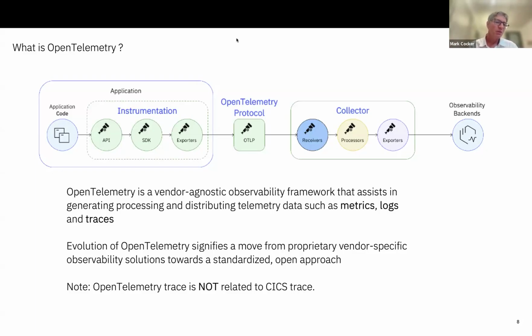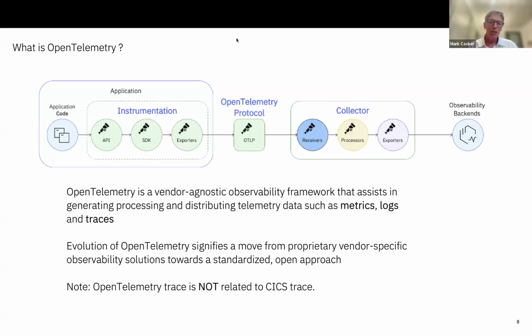Another approach is to use the OpenTelemetry framework, which is, as it says, vendor agnostic. This is where a group of people have come together as an open source initiative. They've got implementations that you can use out of the box on many different environments. So, Java runtimes, Node runtimes, etc., have inbuilt support for OpenTelemetry, or they've got an SDK or some sort of injection process to allow that to work.